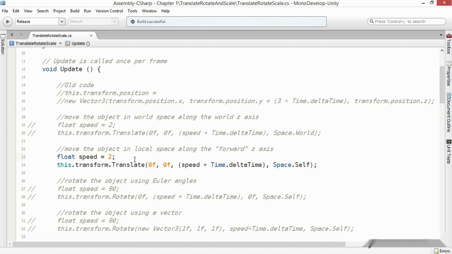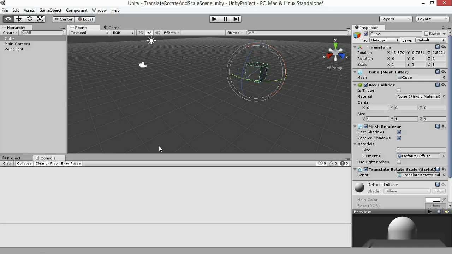Now let's look at rotating an object. Unity stores rotations as quaternions. The details of quaternions are beyond the scope of this course, but Unity abstracts away most of the details anyway. There are a few different ways to apply rotations, because rotation data can be viewed in different ways. The way Unity displays rotation in the inspector is with Euler angles. Euler angles have an X, Y, and Z component. That means when the object is rotated, it's rotated Z degrees around the Z axis, X